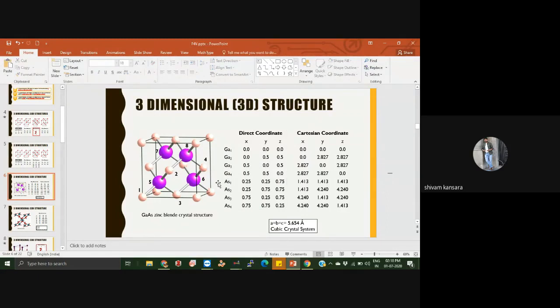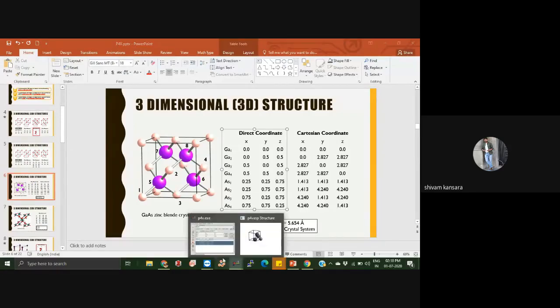Now the turn of the arsenic. The fifth atom is the first arsenic atom. The coordinate of the fifth atom is 0.25, 0.25, 0.25. That means 0.25 from the x-axis, 0.25 from the y-axis, and 0.25 from the z-axis. So first of all,